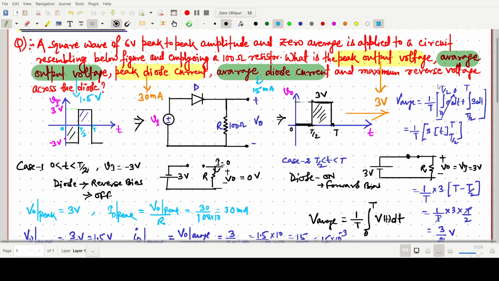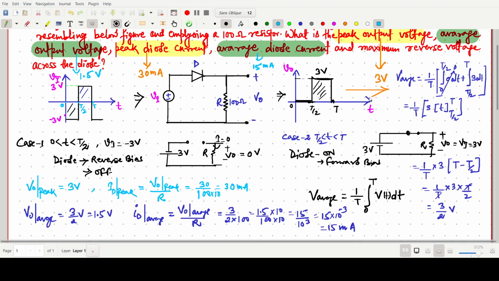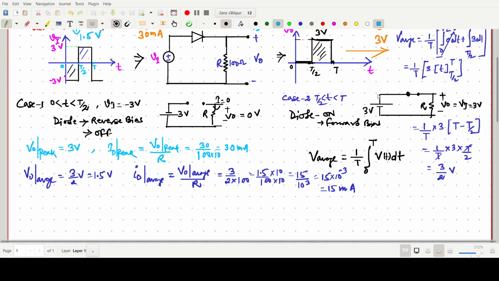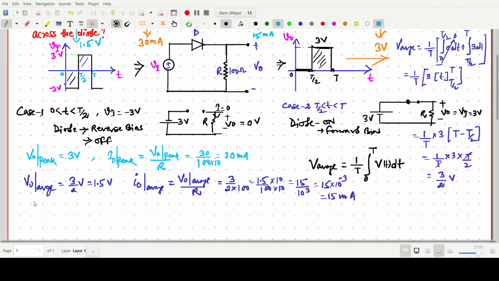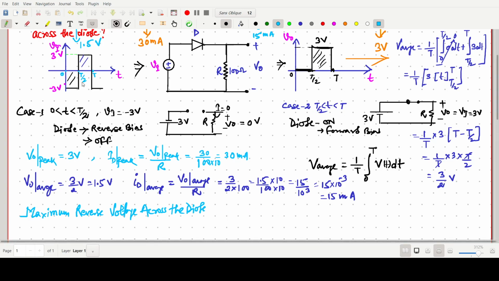Now we have to find the maximum reverse voltage across the diode. I am writing here: maximum reverse voltage across the diode we have to find. Reverse voltage means that between 0 to T by 2 we are giving a negative voltage. So when we are giving the negative voltage,